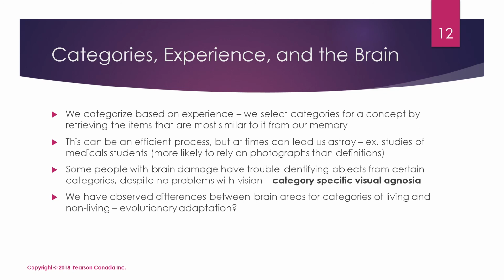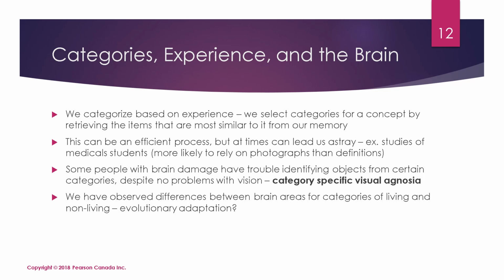So we have observed differences between brain areas for categories of living and non-living things as well, which may have some kind of evolutionary adaptation. A lot of people say that it will be impossible for our brains to create categories for every single thing that we would encounter. And therefore, it's much more likely that we're going to create specific brain areas for really important categories, such as living animals or food sources or other people, because those would help contribute